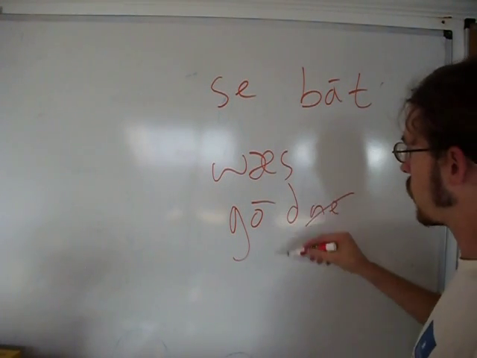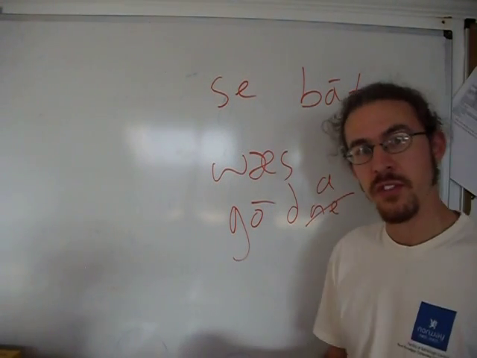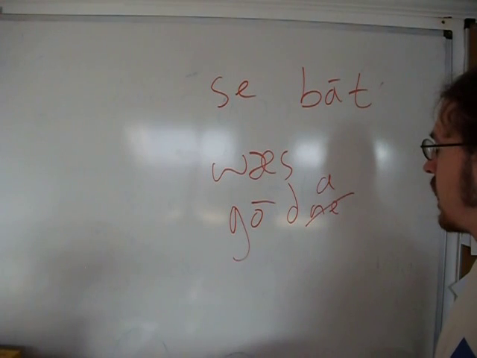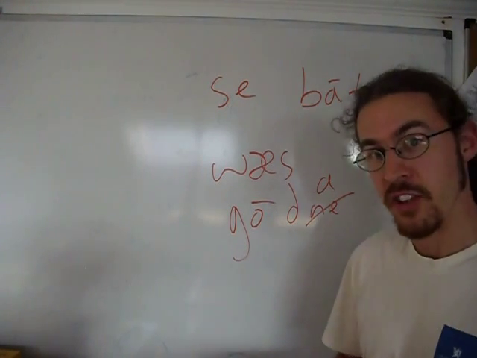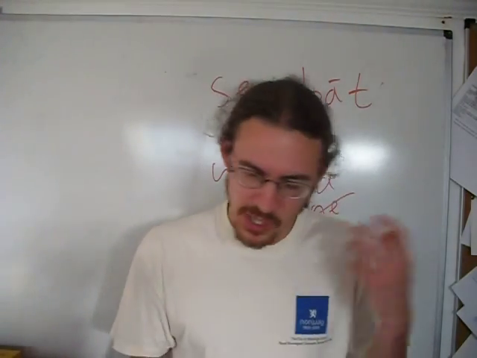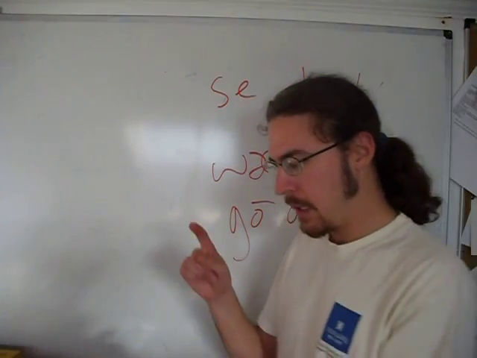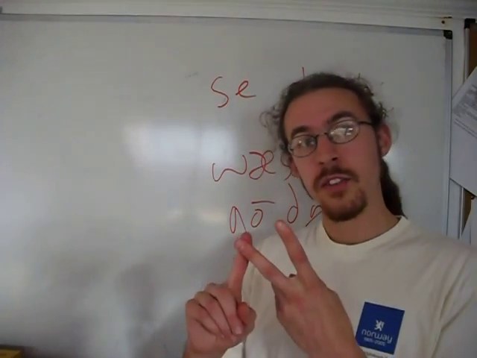Sē bāt was gōd. Sē bāt was not gōda, which would be your nominative weak adjective form. I really hope I've explained that okay. You can go over it again. That's the best option. No point me banging on about it. But adjectives, like determiners,